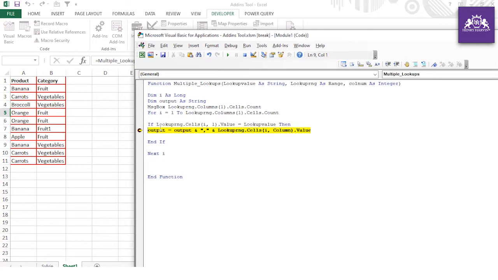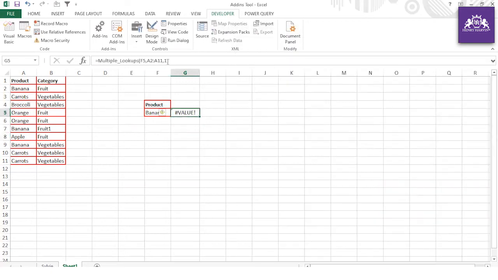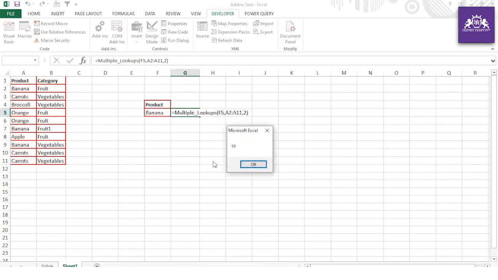All right, and now column number, we have not given the column number over there because column number will be 2. All right, so we have to give the 2 column number again. Let's see what result we are getting. If I put my cursor over there, breakpoint, press F8, now nothing actually we are getting. All right guys, what is the problem in this function?